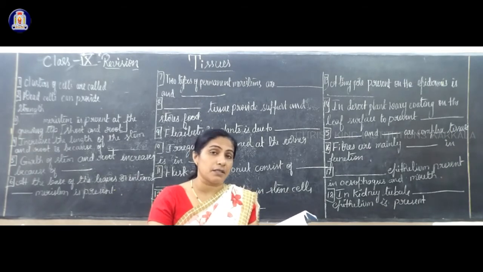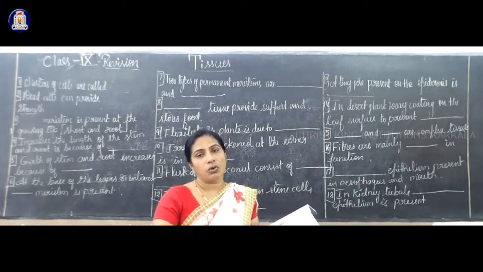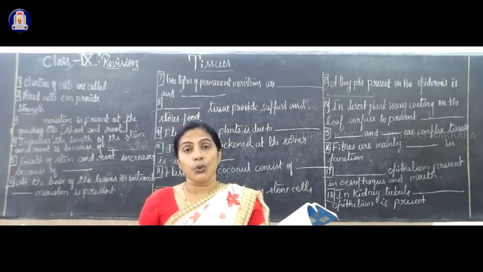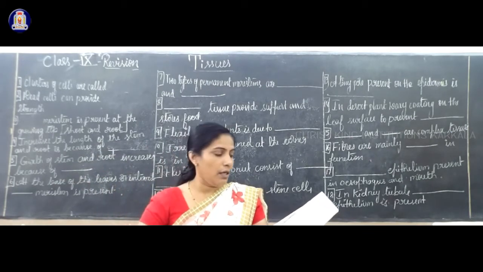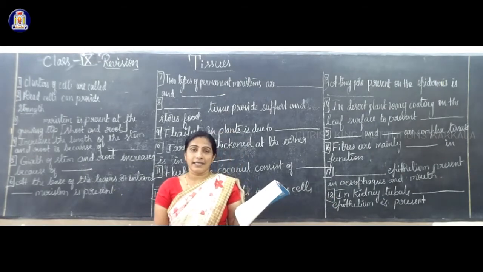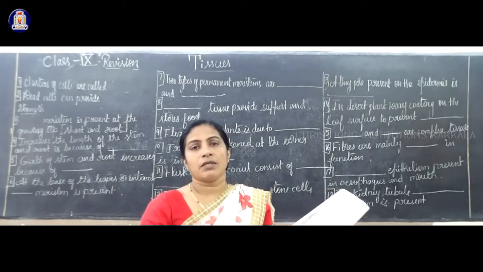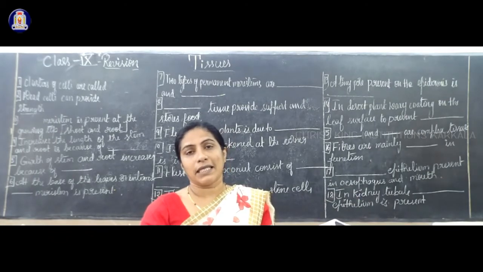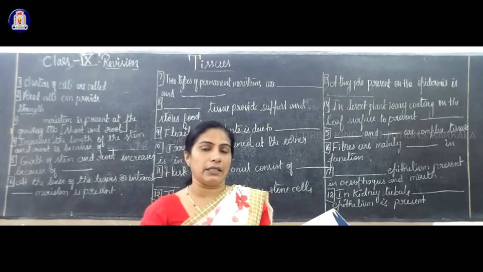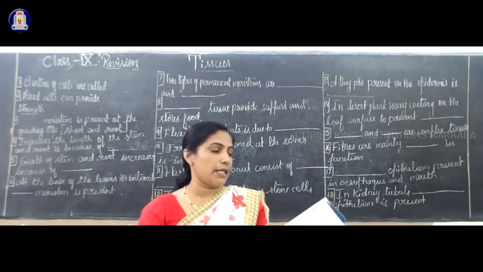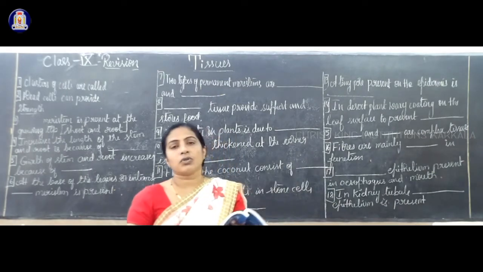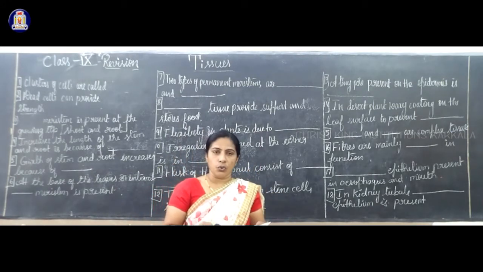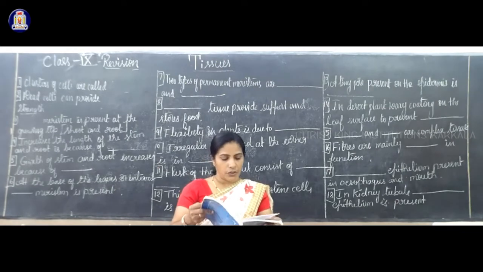Second diagram: without any stripes, spindle in shape. That is called the smooth muscle fiber. That is only uninucleate. In one spindle shape, there is only one nucleus. Third one is called cardiac muscle. No fatigue. The heartbeat, or the rhythmic function of the heart, is because of a muscle called cardiac. It is present only in the heart. Don't get confused, and it is branched. The two diagrams are very similar, the first one and the last one, but identification is also there. Write a note, write the difference, or draw the diagram.